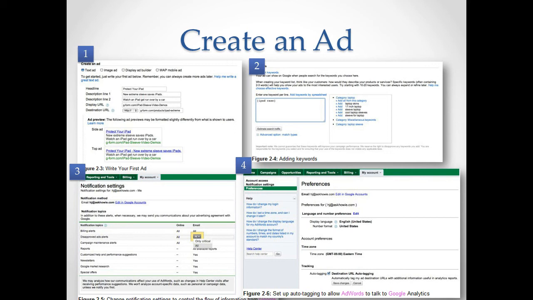Now, how do you activate your account? This is an important part. Your ads won't actually show up on screen until you activate your account by giving Google $5 and some source of funding. You can do this by clicking the link in the alert box with the reddish pink background that looms at the top of your AdWords dashboard, and following the account activation wizard. This takes you on a tour first and then you pay at the end. That's important to do if you want your campaign to be seen.